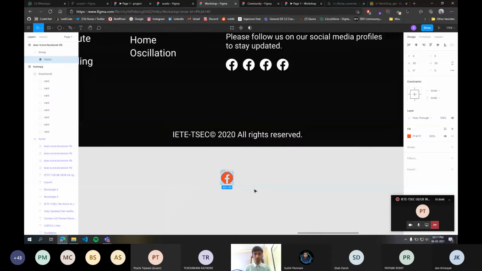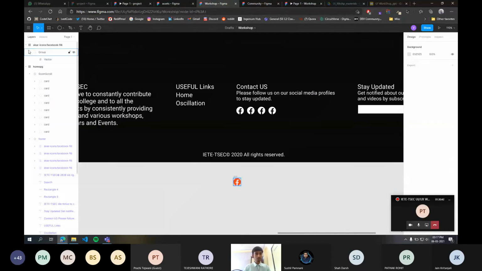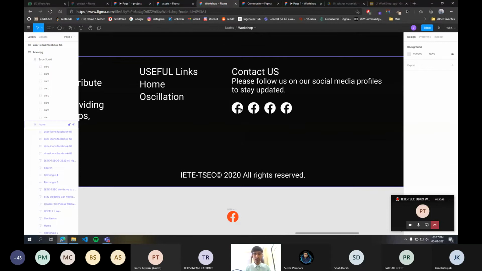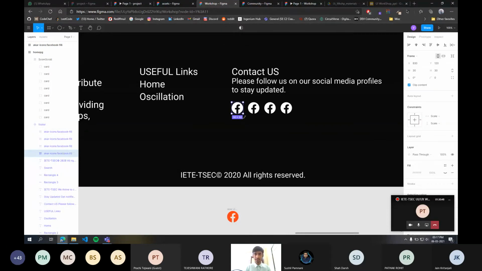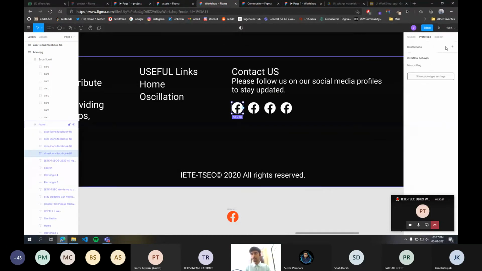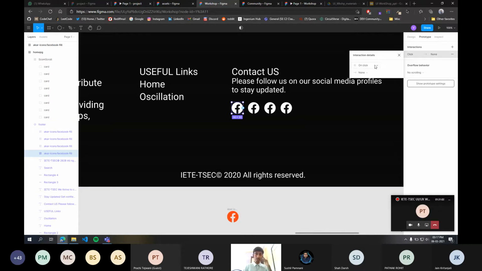Yeah, so done. Now to add that hover effect, select this icon again, go to prototyping, and add an interaction. As Prachi said, to add any transition or interaction, you will have to go to the prototype tab. Now that event was triggering on hovering.